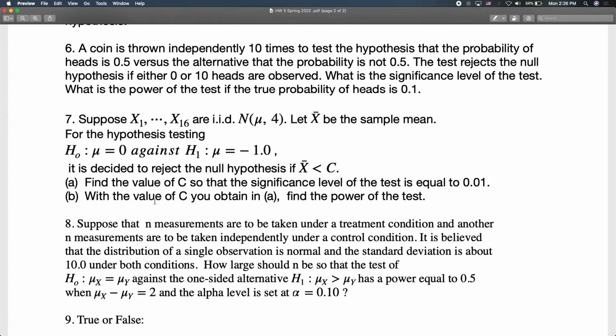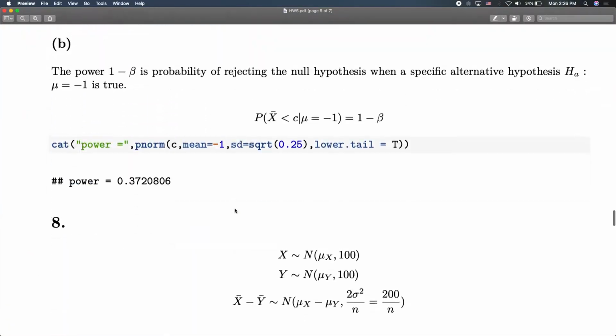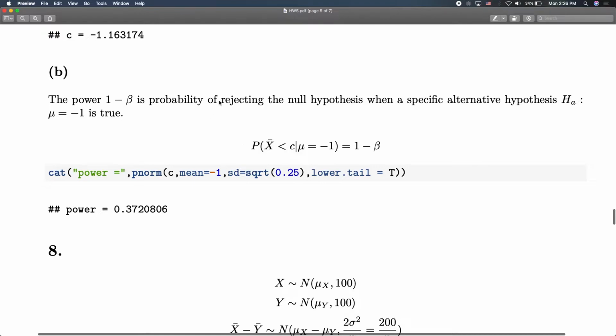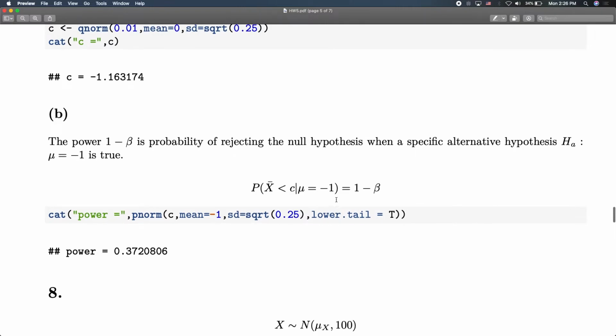Then for part B, based on the value c, find the power of the test. So now refer to the definition for power. Again, rejecting the null when the alternative is true, where the alternative is that mu equal to negative 1. So now we just calculate pnorm, the probability up to this quantile, under this normal distribution, where the mean is equal to negative 1 and the same standard deviation. And we found that the power is